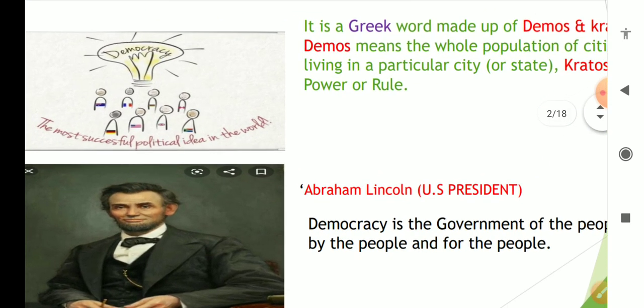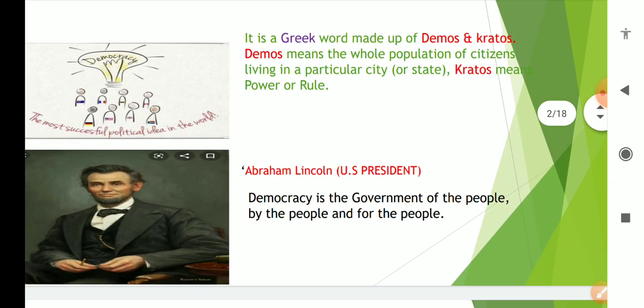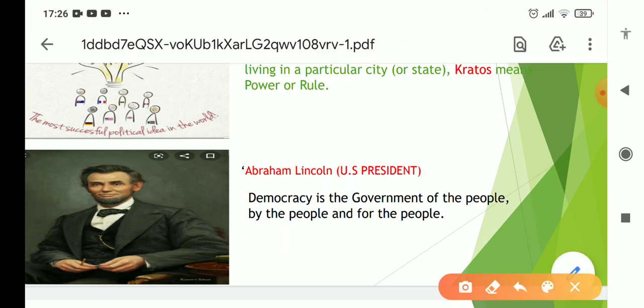Okay, now see, there is a picture. You can see in the picture is former US President Abraham Lincoln, one of the greatest presidents. He defined democracy as the government of the people, by the people and for the people. It means it is government of the people,